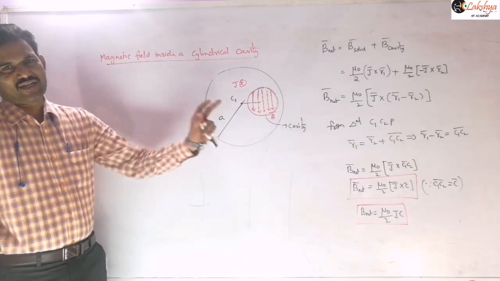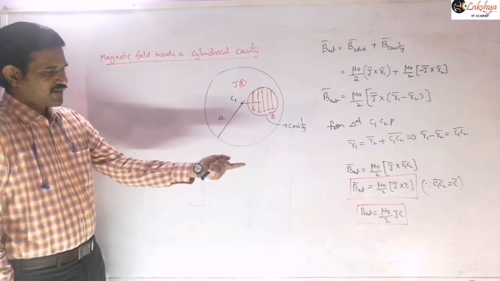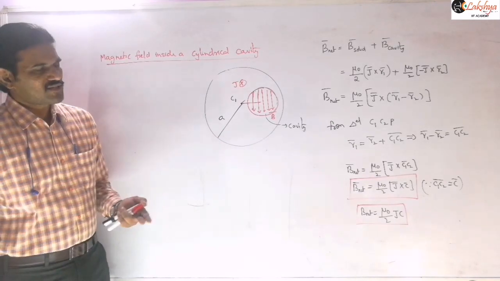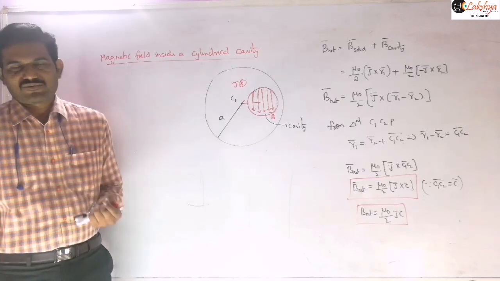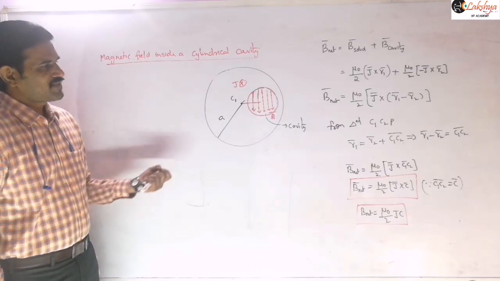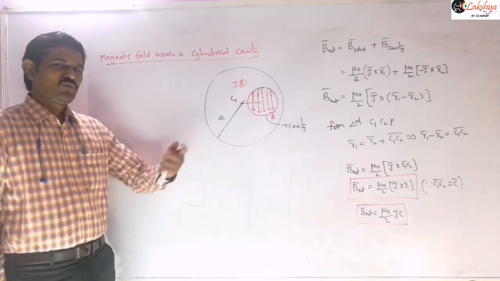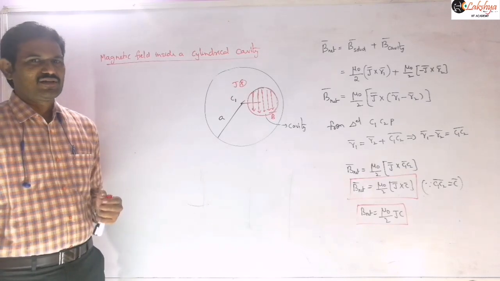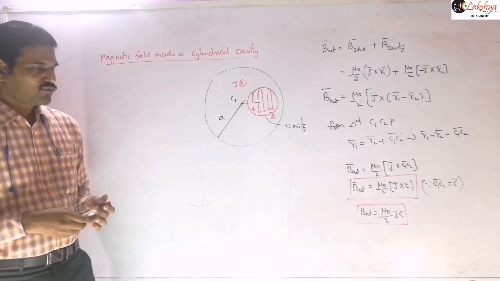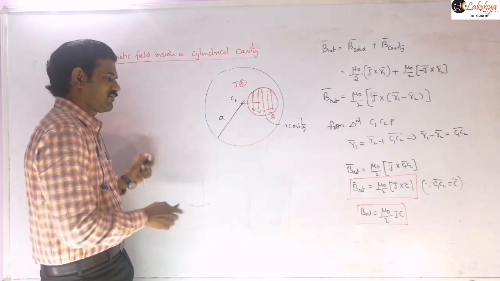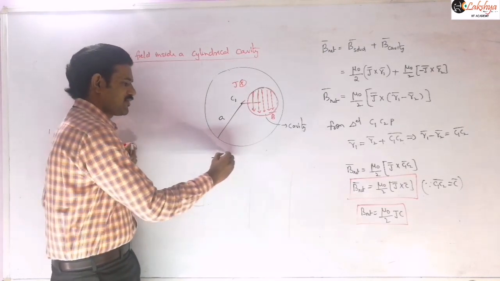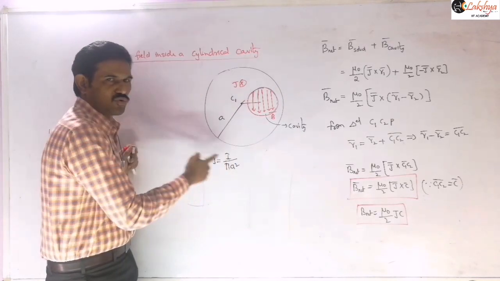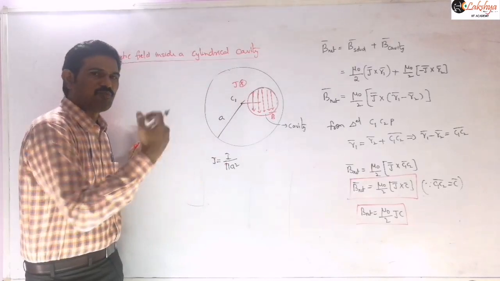So that means a uniform magnetic field will be there inside the cavity, whose magnitude is given by that expression where J is the current density. Now the current density substitution is what is different for different cases. Different cases in the sense, sometimes they may give the I value before making that cavity, or sometimes they will give the I value after making that cavity. Then the current density is different there. Like suppose if the I value is given before making that cavity, then that current density is defined as I by pi a square. Because this I is the current distributed throughout this cylinder before making that cavity.